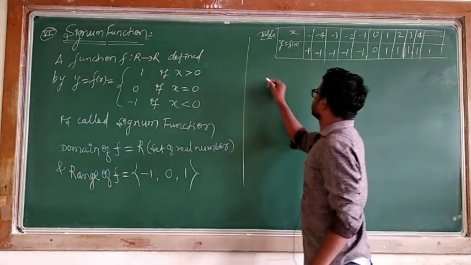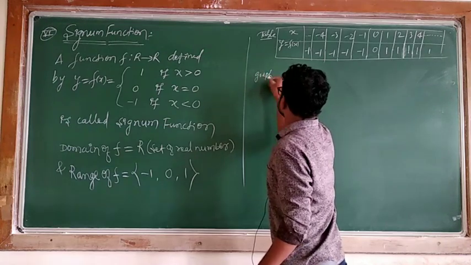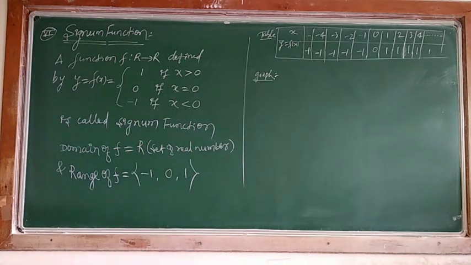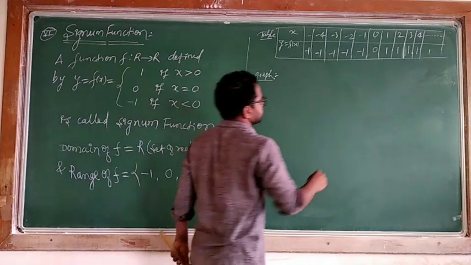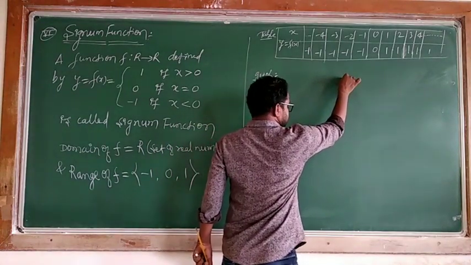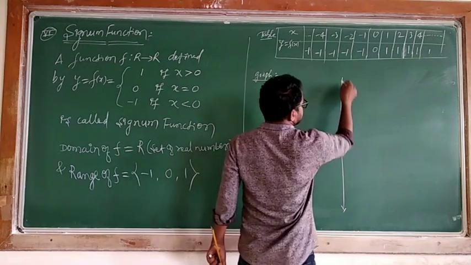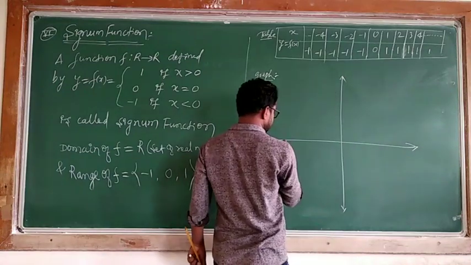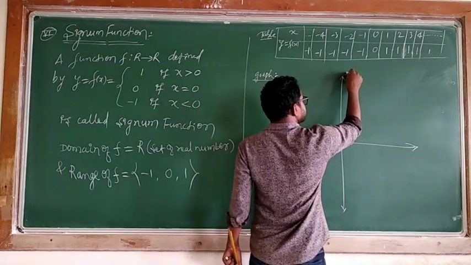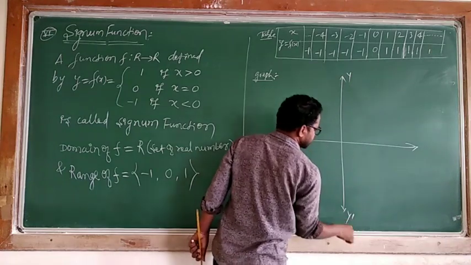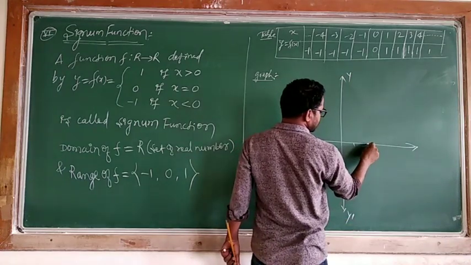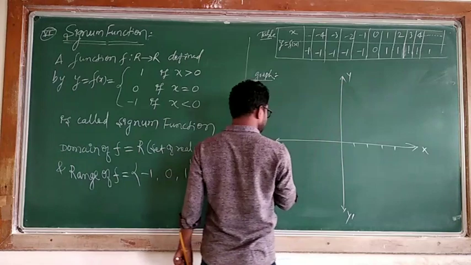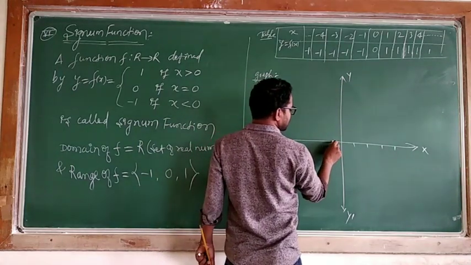So the graph we will see. Graph of this. Now, I will use a graph. I can use a scale also, you can draw this. Here, this is the y axis and this will be the x axis. This I can say y dash. Y. So y dash. I will say 1, 2, 3, 4 and so on. X. So x dash. 0 will be here.